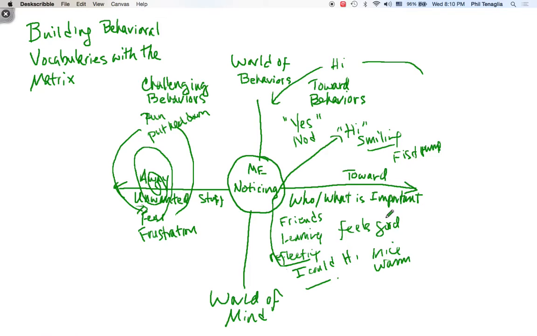So what we have in fact done here is increase their behavioral vocabulary. By that I mean what's going on outside of them is some new stuff, and what's showing up inside of them is also some nice stuff. So the behavioral vocabulary will include what shows up inside of them, what's going on the inside, and what's going on the outside. The cool thing about this is they can take these small little pieces of behavior and mix and match them and come up with all kinds of different combinations. And now we have this whole thing moving in a little different direction. So that might be one way to build the behavioral vocabulary, and certainly we do this a lot with the matrix with students.